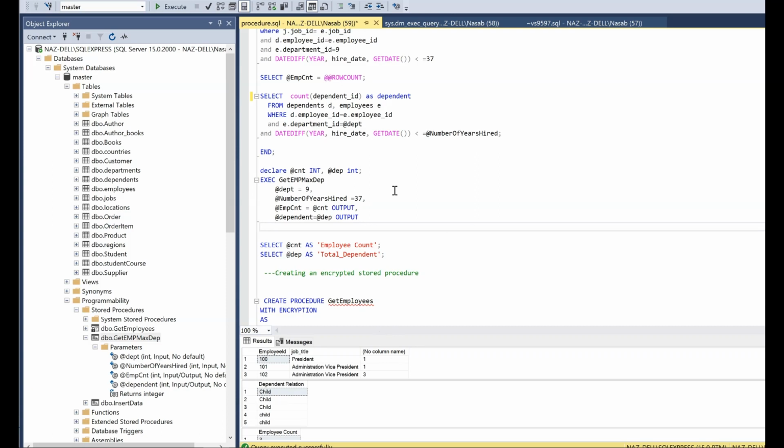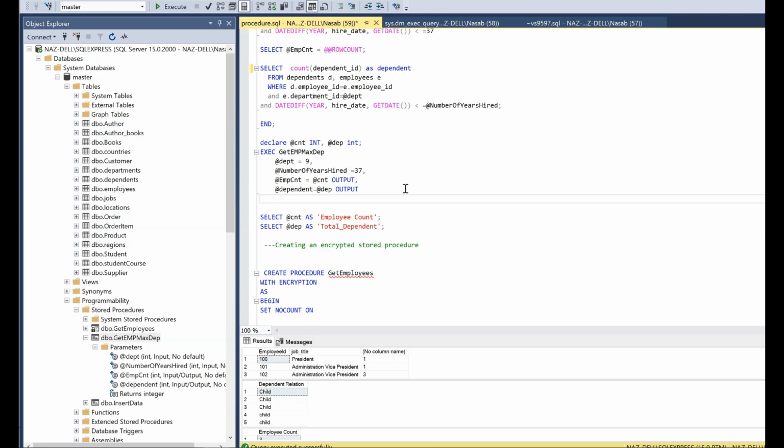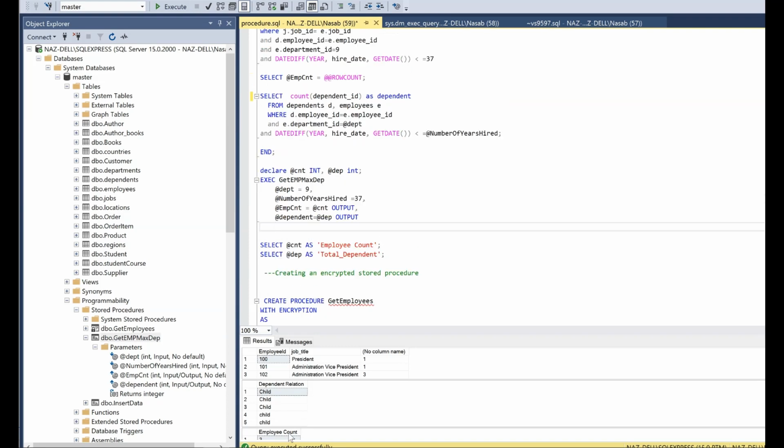So number of dependents, and after that the relationship. Definitely the children should have a relationship, what relationship they have. So the second query runs accordingly, and then the third query is saying